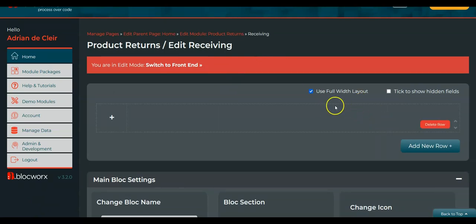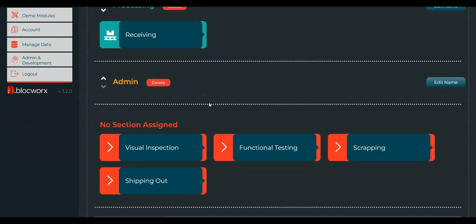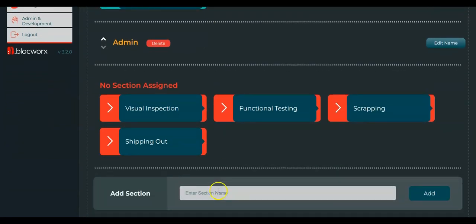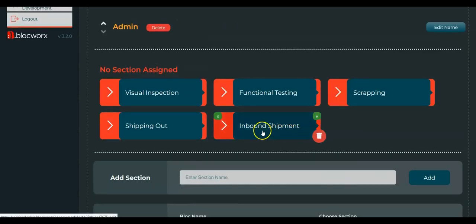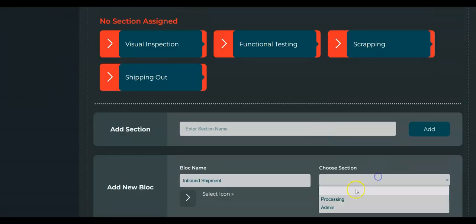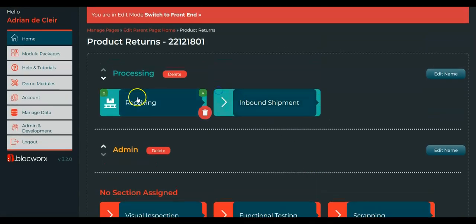So let's start building our system. There's one thing I'd like to do, which is open up, create a new block, which is inbound shipment. Because when we receive stuff, we're going to use shipment numbers that we will generate. Actually, I'll just delete that and I'll put it in our processing. So I'll move this to the left so that we can start getting a feel of the order in which